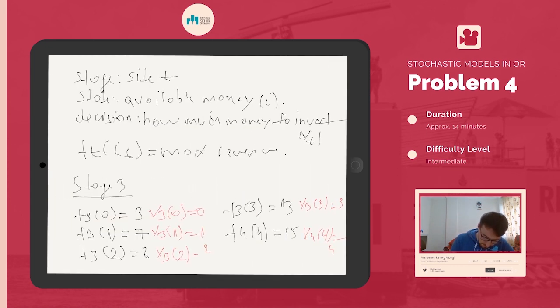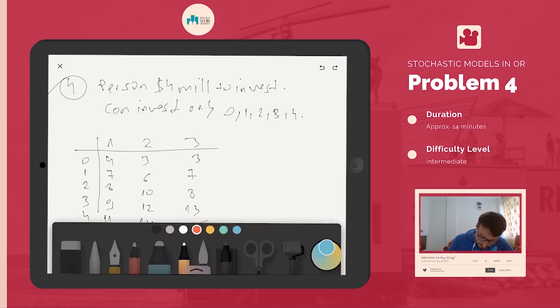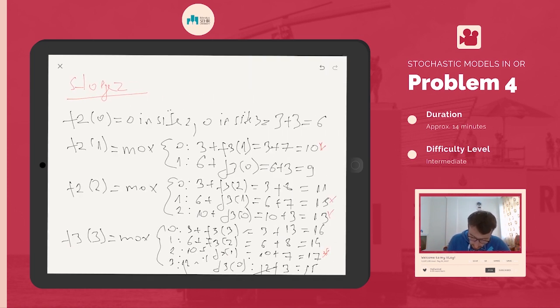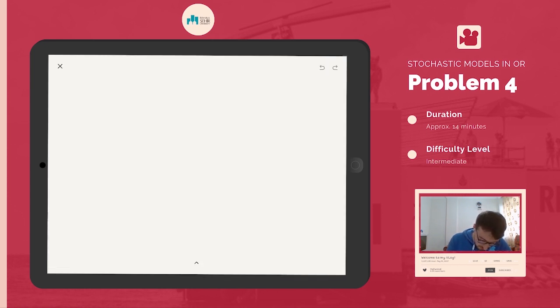And we go to our last option. As we said earlier, now we are here. So in this scenario, we need to consider only the amount of money I know I have in the beginning. How much money do I have in the beginning? I have $4 million. So in this case, because I have $4 million, I need here to consider only F1, 4. So stage 1, and I go F1, 4. Why? Because as I said, I know I have $4 million in the beginning of the problem. So maximum,